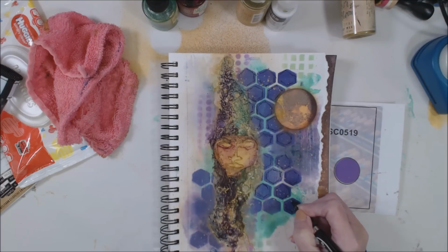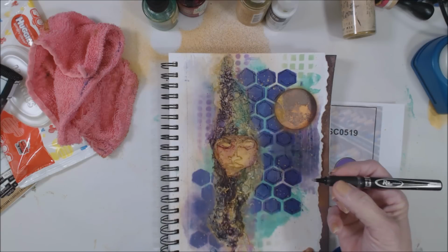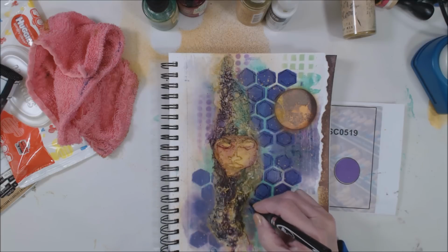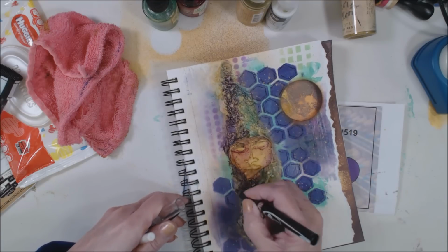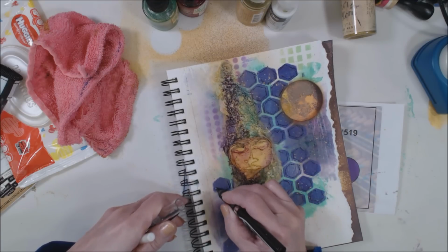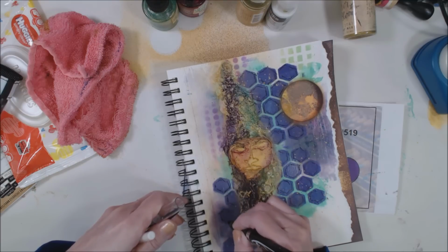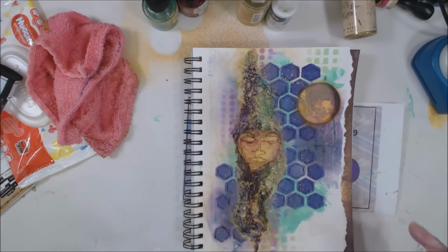Very simply adding some line work with this, an RX pen that I got from the dollar store. Nothing fancy. You don't have to have fancy tools to journal with. I'm just saying you can use what you have. Okay, and